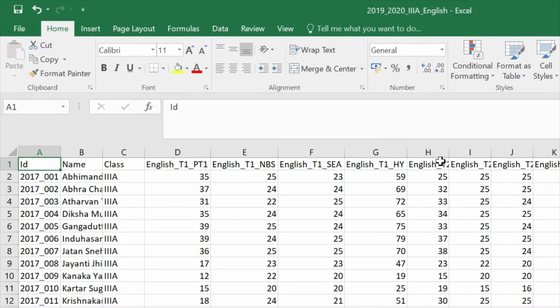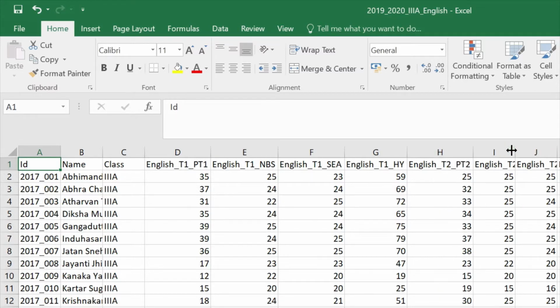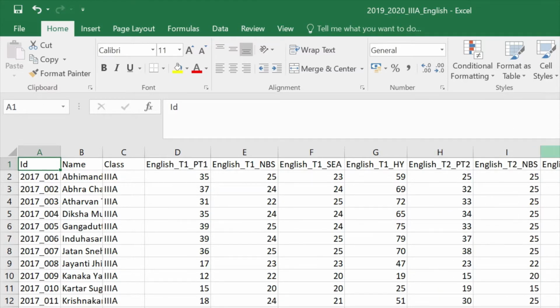Likewise, term 2 contains PT2, NBS, SEA, and SE, that is session 19. So these are the different sections of the test conducted by the teachers for an academic year.